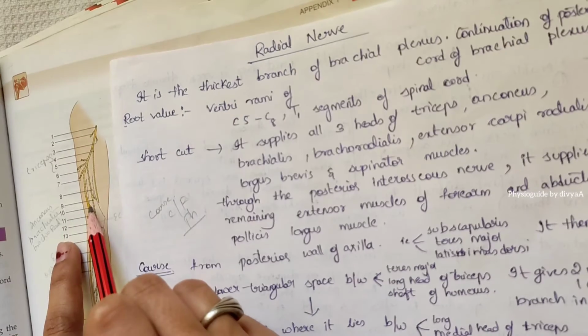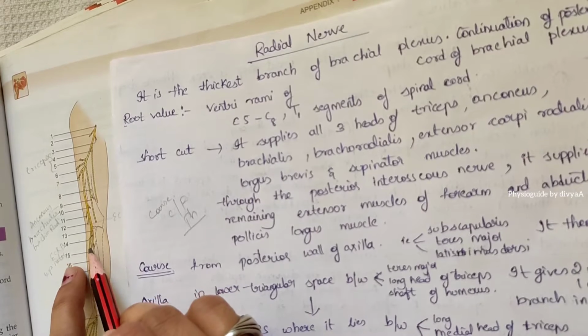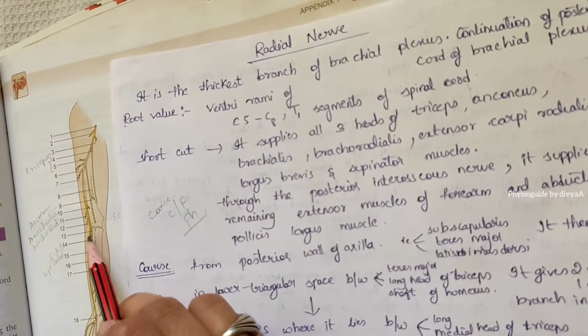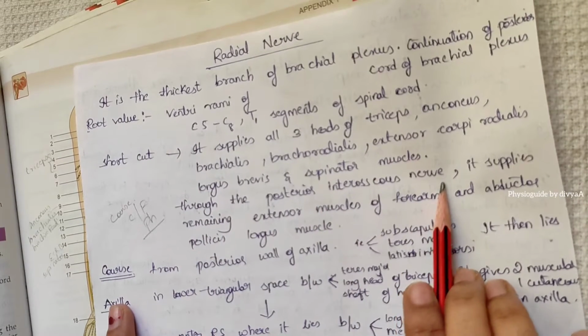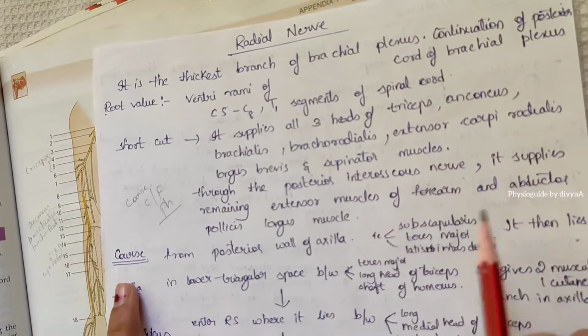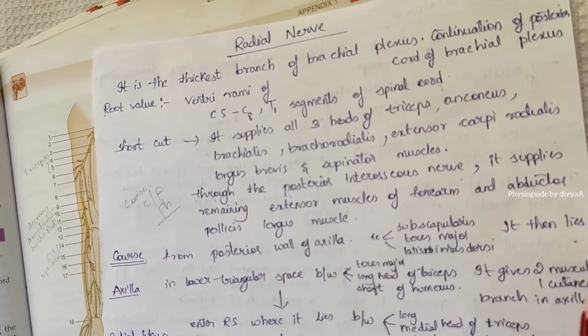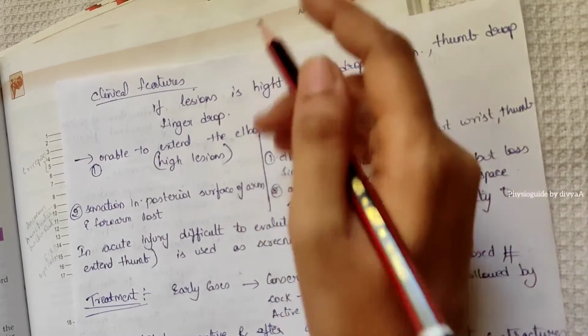anconeus, brachialis, brachioradialis, extensor carpi radialis longus and brevis, and supinator muscles, and through the posterior interosseous nerve, it supplies the remaining extensor muscles of the forearm and the abductor pollicis longus muscle. Now clinical features. If lesions are high,